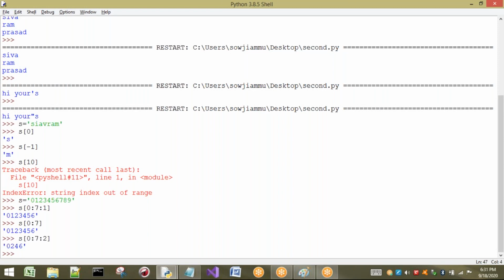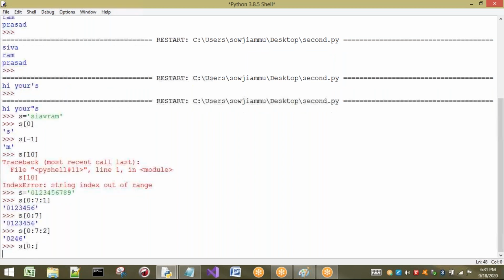Right. This is about a step. I have taken a different step, not one. Now I will take one more example. I am going to consider only one value, without any begin value, without the end value or any step value. What will be the default step value here? It is going to consider 1. What will be the end value here? Length of the string.